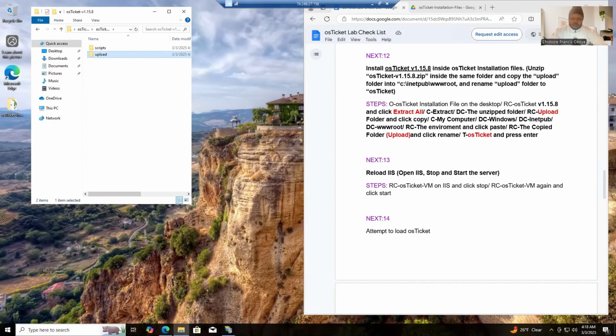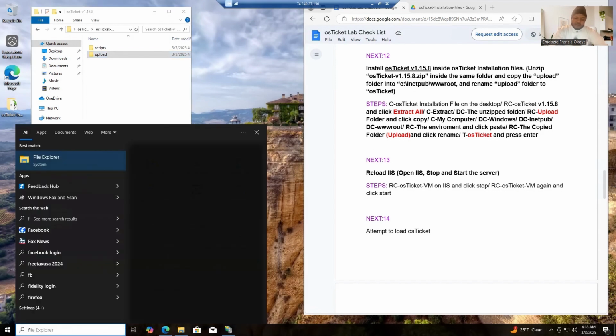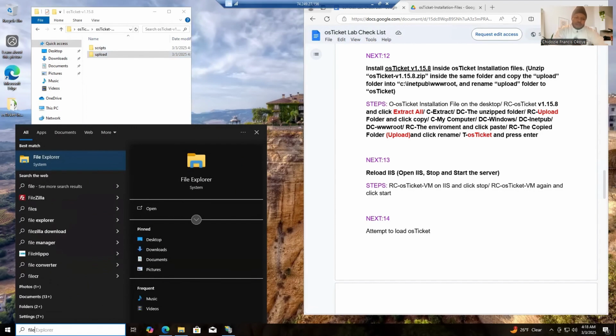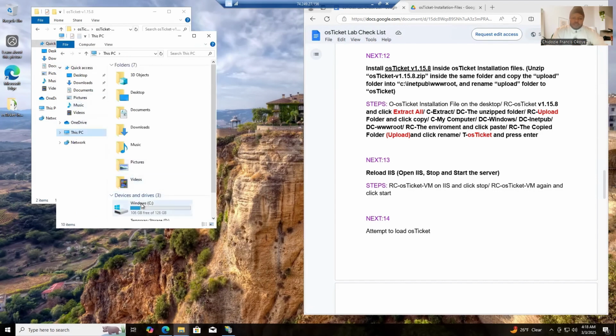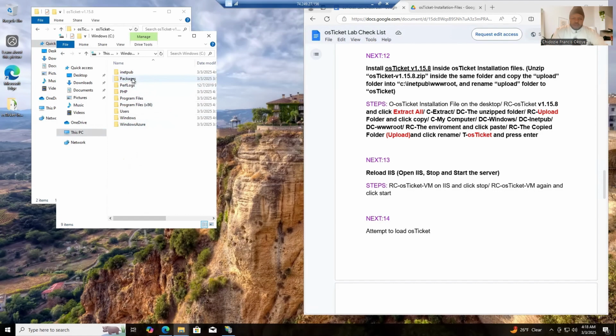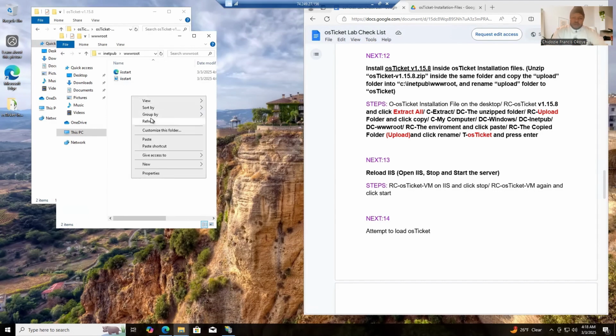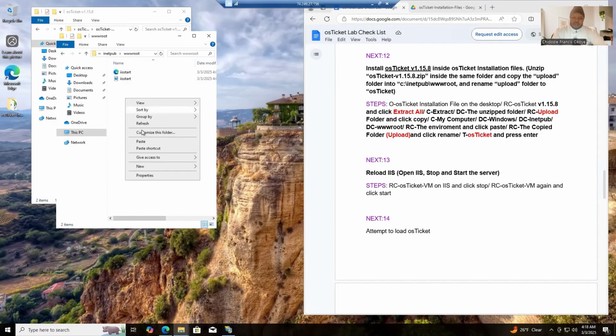So just open another folder. I'll just leave this, open another folder, File Explorer. I'll go to My Computer, double click my C drive, inetpub, wwwroot. Okay, look at the root that they ask us to paste it to. We'll right click here and click paste